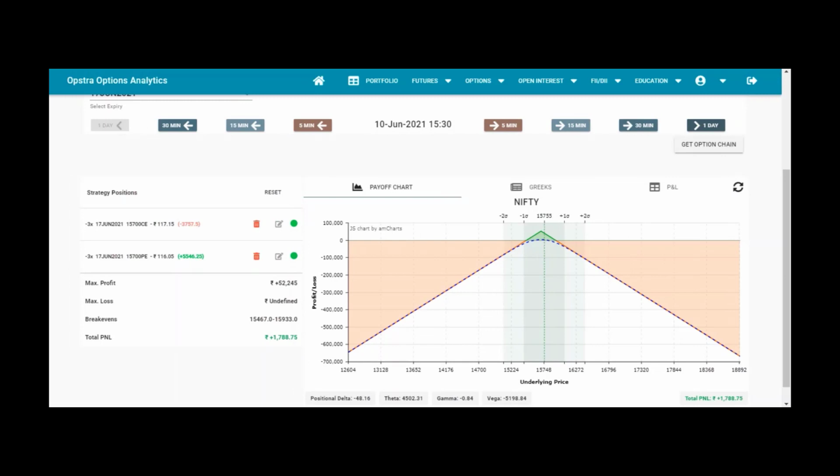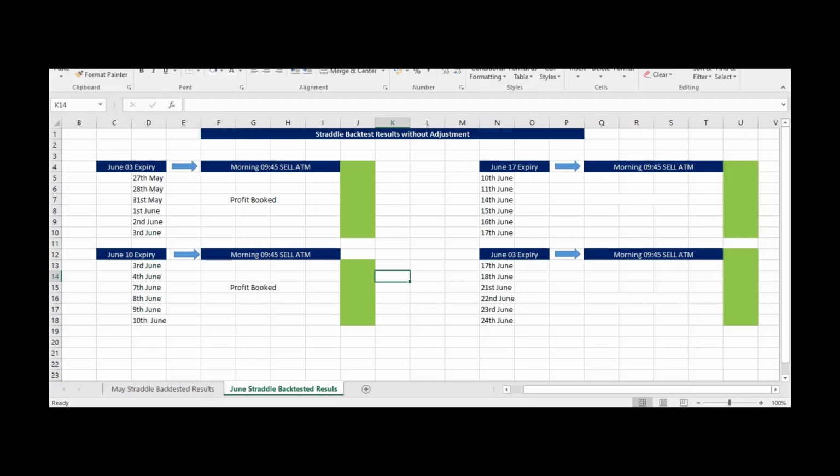So at the end of the day, we are in profit of 1,800 rupees approximately. Okay, so on the very next day, on the 11th June, when the market opens, we are in the profit of 1,000 rupees. From here, let me go 1 day ahead. So on the 14th June, 12th and 13th June are Saturday and Sunday. On 14th June, when the market opened, we are in the profit of 12,000 almost. So we can say that we already booked the profit on the 14th June.